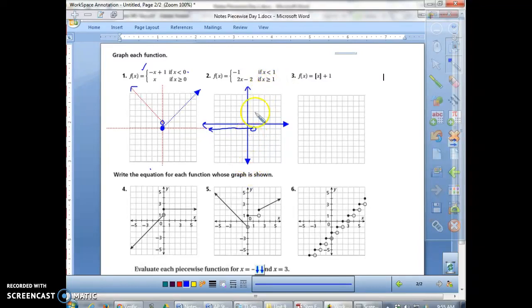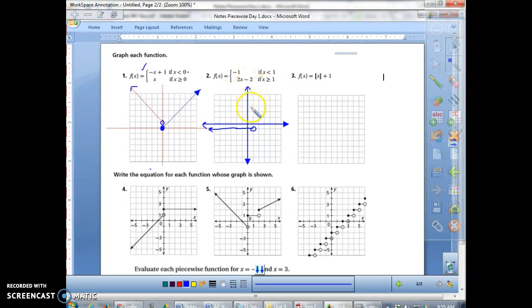So this is what I would do. You have a couple of things you could do. You could draw it in and then erase this little piece of it. How about if I take the 1 and plug it into this line and figure out exactly where I need to start this line? So it'd just be 2 times 1